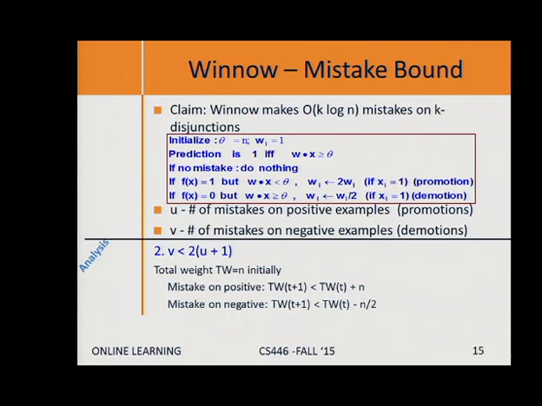Similarly, when I make a mistake on a negative example, the total weight is going to go down, because I'm demoting the weights. By how much would it go down? Why is it at most n over 2? So not every